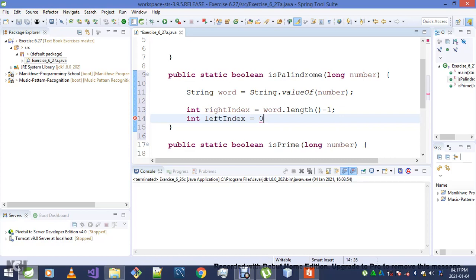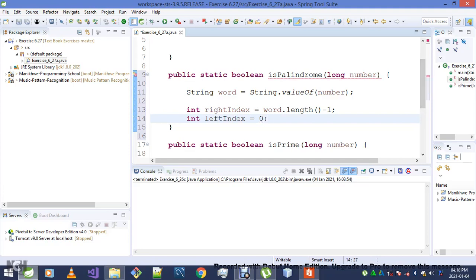So basically this method compares the last and the first characters. If they happen to be the same, we'll compare the second one and the second last character. If they are also the same, we'll continue the process until